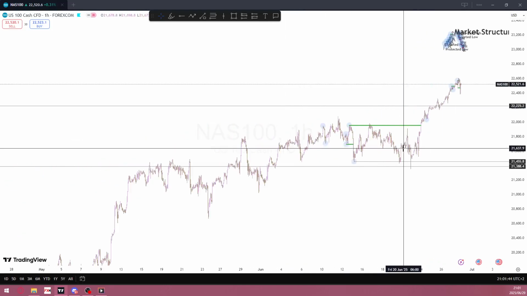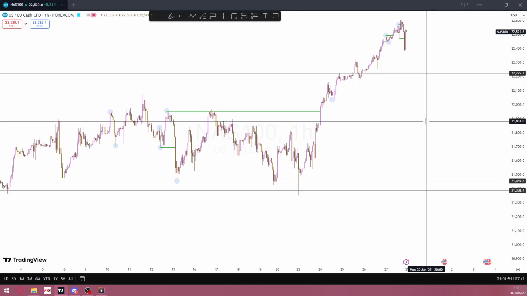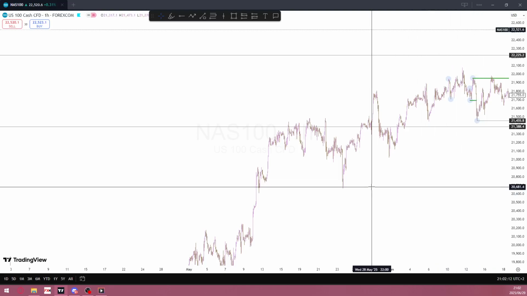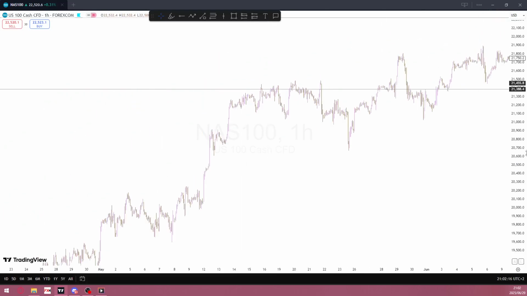But honestly, I think that's all there is for market structure. Yeah, that's all there is. In the next video, I will go over mitigation blocks, because they add a whole new level of understanding to market structure, as well as accumulation, distribution, reaccumulation, and redistribution. That'll just add another layer into understanding true market direction and not getting caught in thinking that